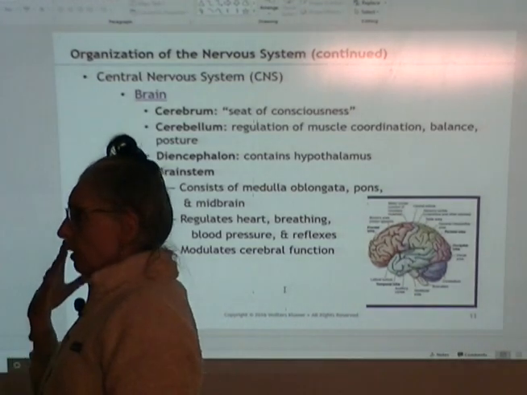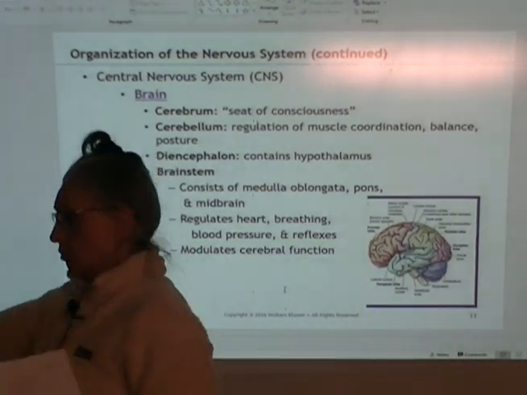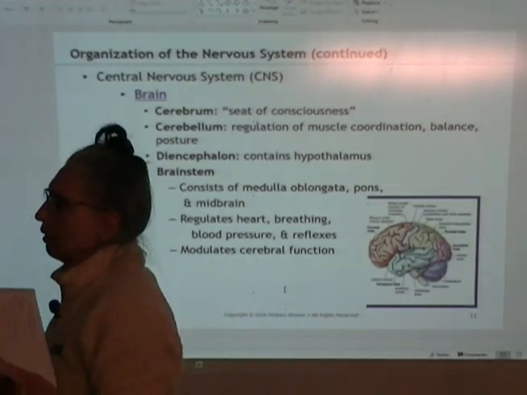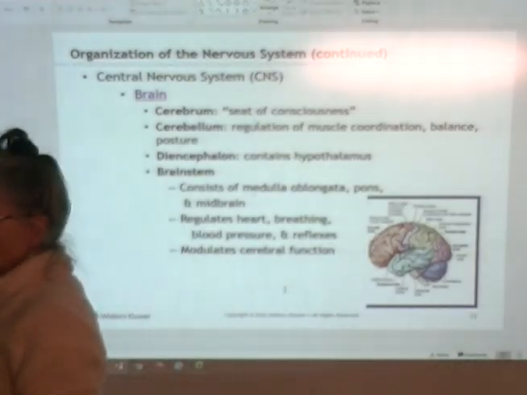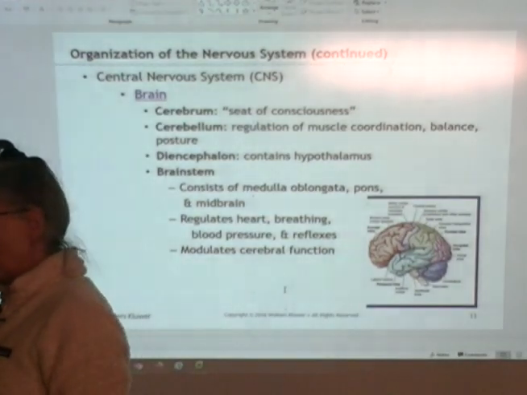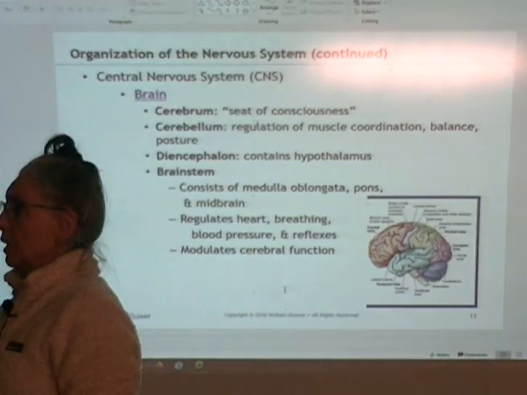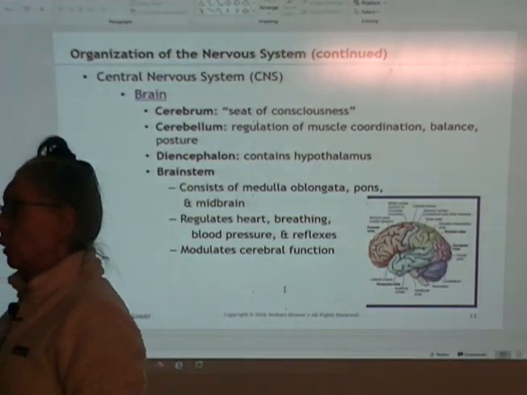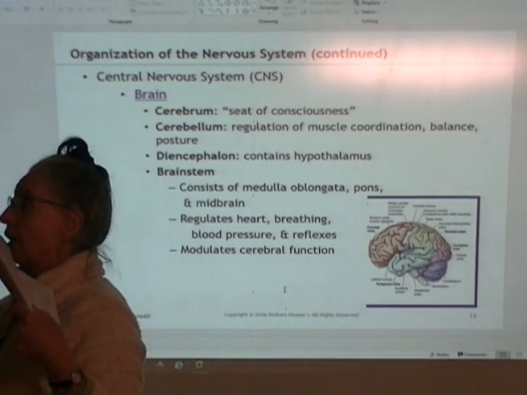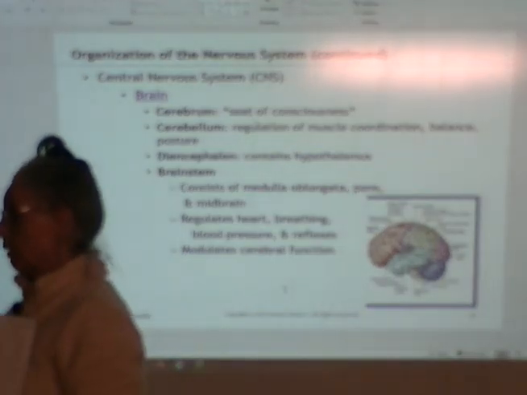So many concussions over time can result in some pretty horrendous problems. So there's some link to developing epilepsy, there's links to depression,